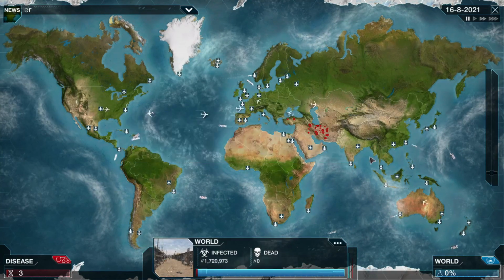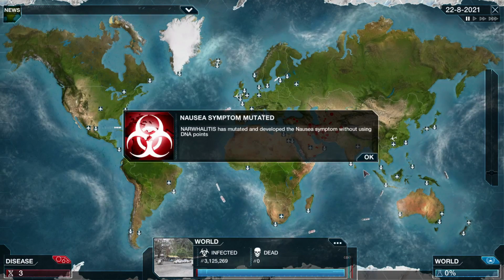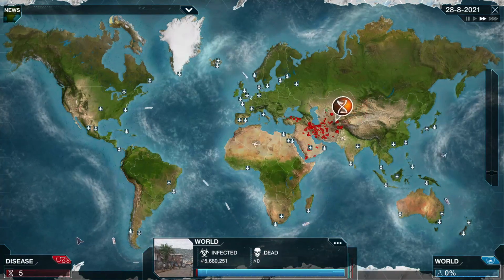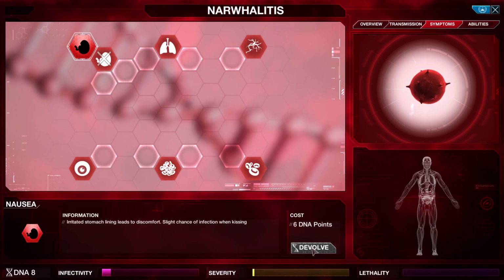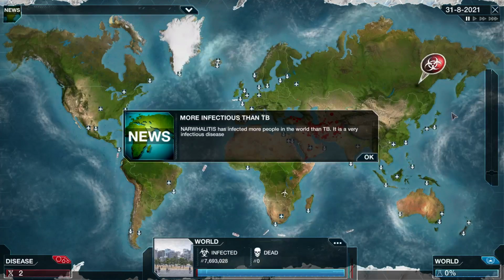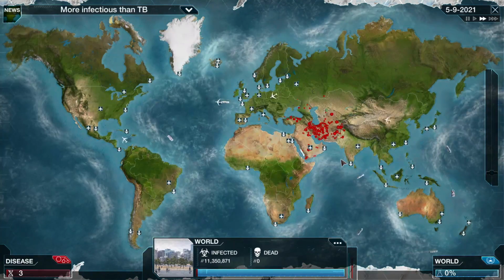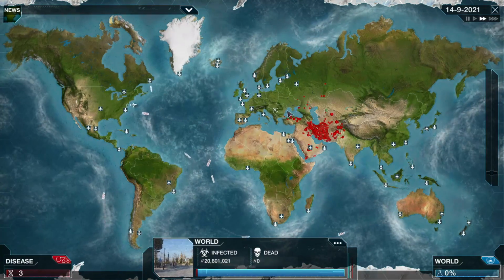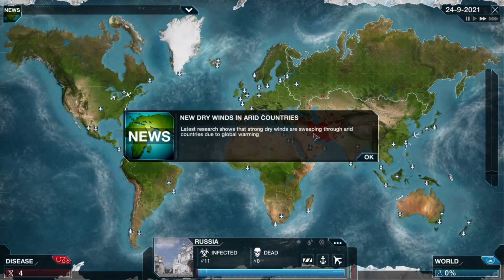Alright, we got a lot of countries right there. It's going to be evolving and adding on new symptoms so fast. Like, it already got nausea again. I can't do anything about that. I don't have enough DNA points. I might be able to get rid of it now. 6 DNA points. So it's costing me quite a bit. So the next one I'm assuming is going to be 7 DNA points, which is probably going to be evolving pretty soon. But we luckily are spreading through a lot of here. We're getting most of...